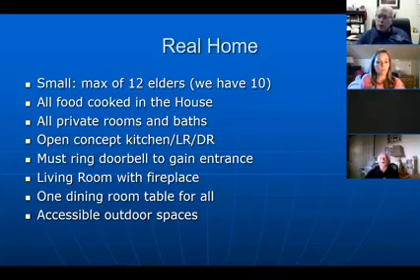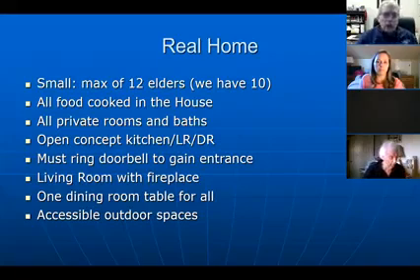In this case, there are several things that really make the greenhouses work. First, there's a maximum number of folks. By the greenhouse guidelines, you can have no more than 12, but actually most greenhouses have 10 or fewer. All 6 of my greenhouses on our campus have 10 beds. We feel that's about perfect, as we have seen it. All food must be cooked in the house where the residents can see it and smell it and experience that. We find in most nursing homes, the food is cooked 3 floors away in the basement and brought up on an elevator or in another part of the building. And the residents who live there actually have no idea that it's time to eat, because they've never been cued in their brains to the fact that it's smelling good and it's time to actually sit down and chow down.